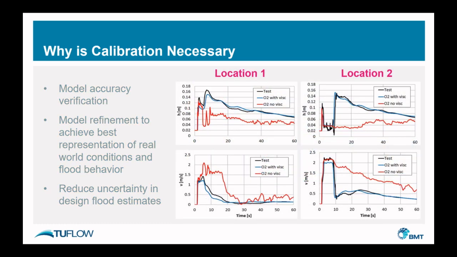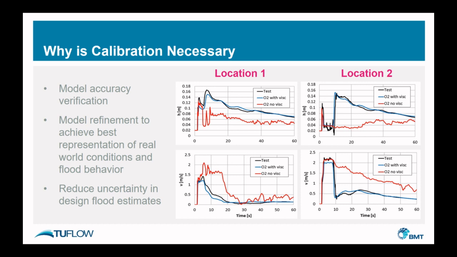If we look at those graphs, I'm just focusing on two locations here. The graphs along the top are presenting water level result. Those on the two on the bottom presenting velocity results. The target that we're hoping to match in all cases here is the black line. That's the flume, or the recorded data from the flume test. The blue line on these graphs